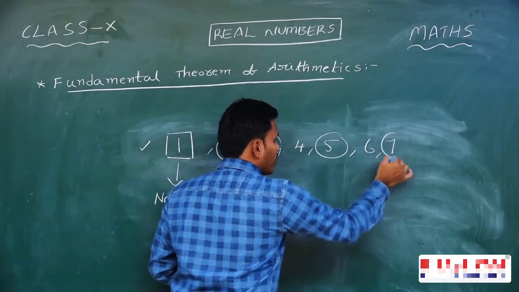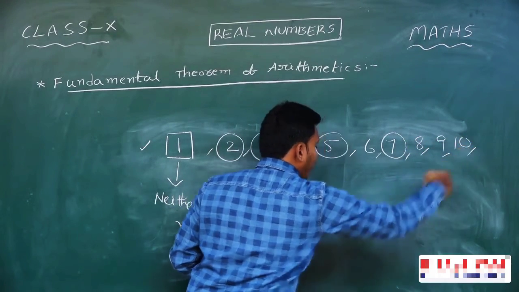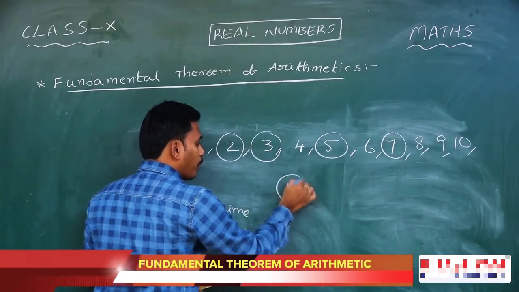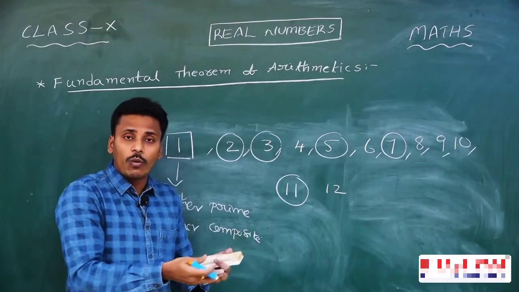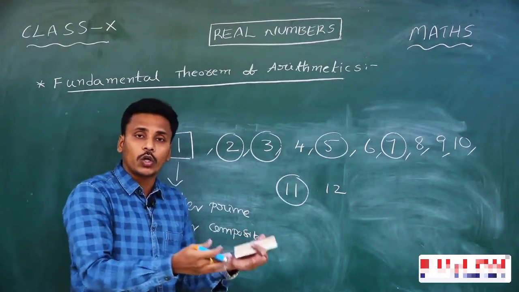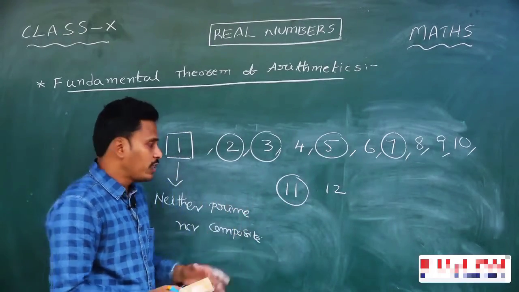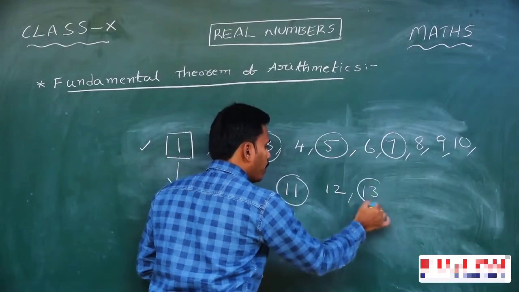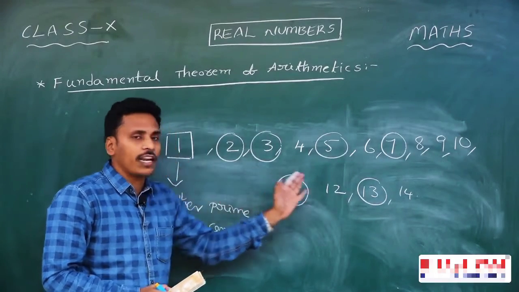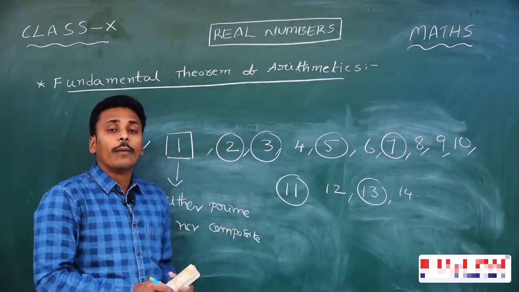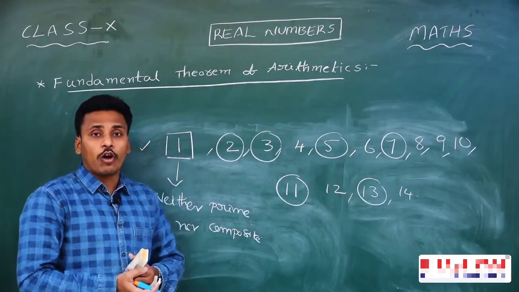And then if you check, 7 is a prime number. 8 is a composite number, 9 is composite, 10 is composite, 11 is a prime number, 12 is composite. Why? Because, as I just mentioned, we can write 12 as 1 into 12 or 3 into 4 or 2 into 6. In the sense, this 12 has more than two factors. So it is a composite number. And then 13 is a prime number, 14 is a composite number. Like this, if you analyze the numbers as they go on, you will find many prime numbers, and that in turn represents that there are infinite prime numbers.